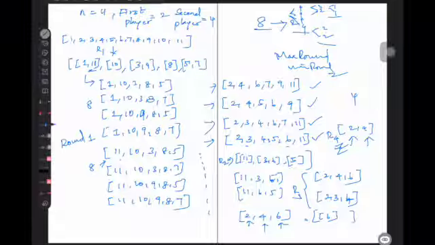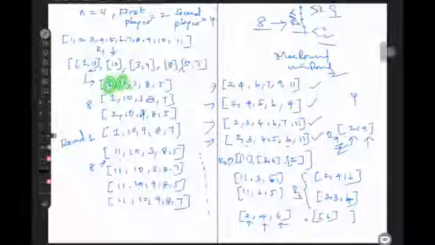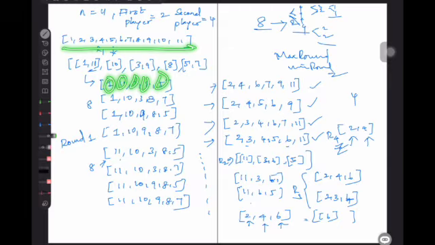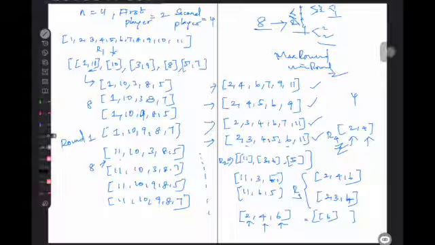So instead of that, since 1, 10, 3, 8, 5 is in the same array, we'll be setting those bits to 0.